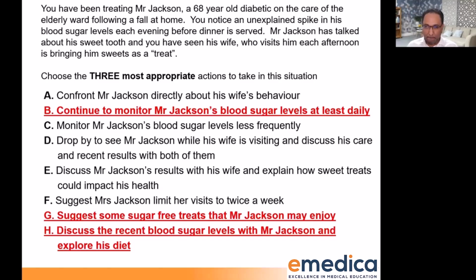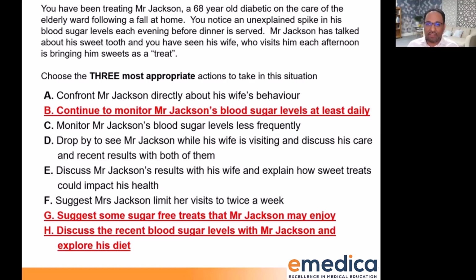Hardly anyone picked F anyway. So one of the subdomains is about knowing your role in the team. And it's just not your job to decide who can visit how often. Whose job is that? The ward manager decides that. Sometimes, if it was having an impact on clinical care, the consultant might make a decision about that, but that's